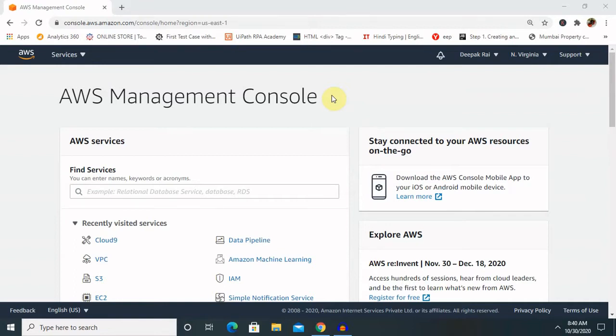So let's see the agenda of this session. We'll discuss the basic concept of Amazon DocumentDB. Then I will show you how to do the complete setup, which consists of Cloud9, then security group. After that, creating an Amazon DocumentDB cluster, and at the end, how to install the MongoDB shell. And after installation, we will connect these services together to work with the Amazon DocumentDB cluster.